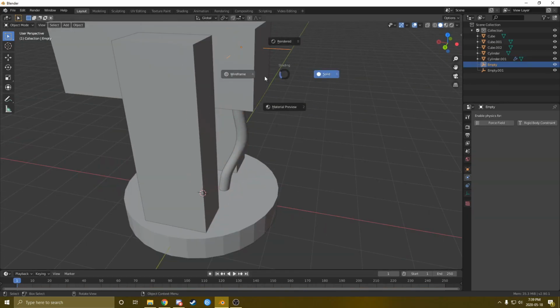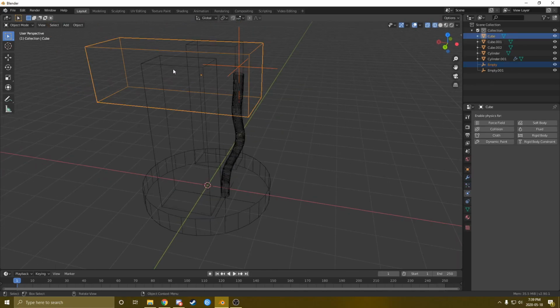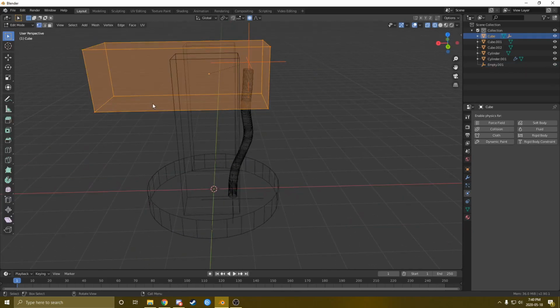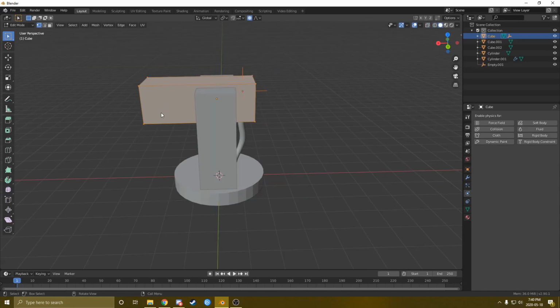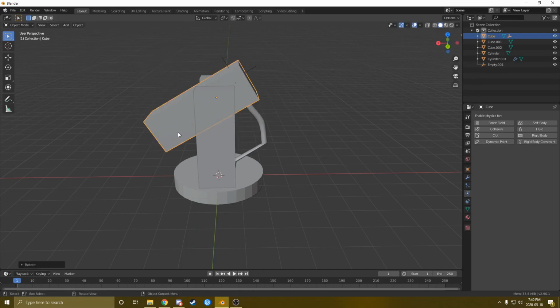Take this empty here. Shift select the box. Control P for parents, and then object keep transform. Alright, so now, oops, we go into solid mode and we move this. That should come with it. And it's gonna look really janky in